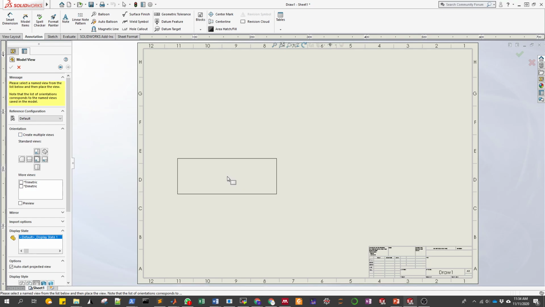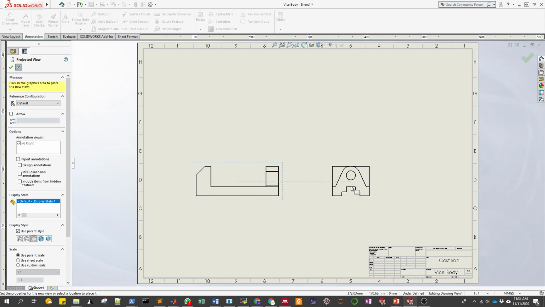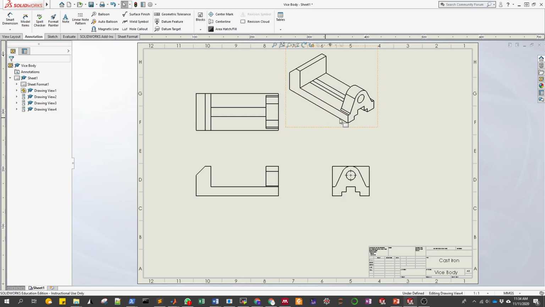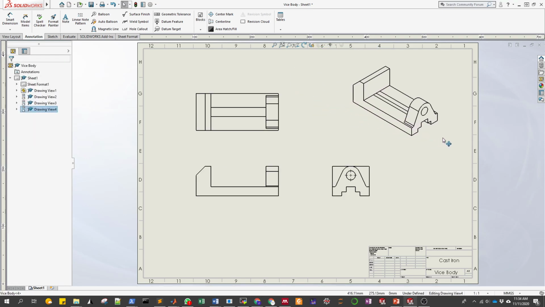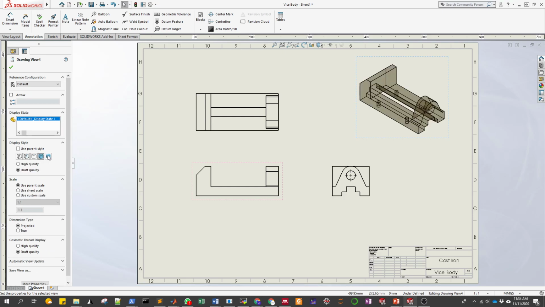I'm gonna place it somewhere around here, and then I can move to create the right view, and also I can move the mouse upwards to create the top view. And here I can create this isometric view, and then I can click here in OK. Now for the isometric view, I'm gonna move it maybe up here, and then I want to show the shaded with edges,